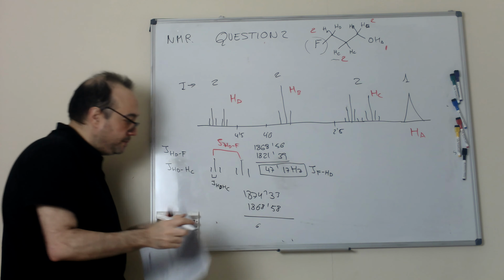The overlapping will give us a doublet of quintuplets, where the coupling constants HBHC and HDHC will be very similar, around 6 point something,